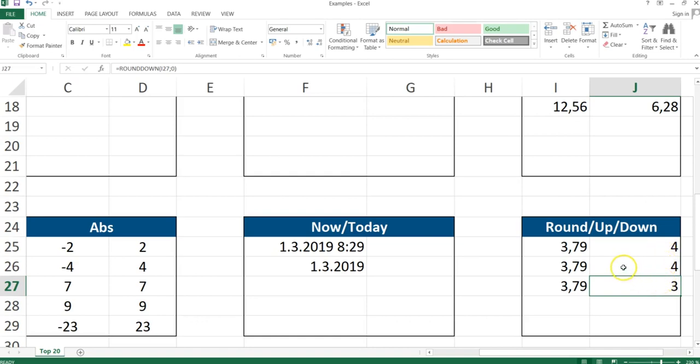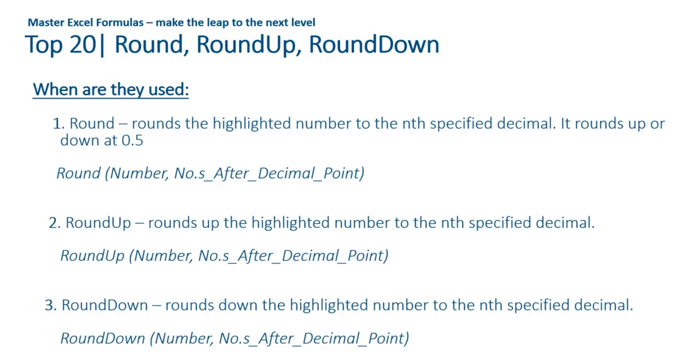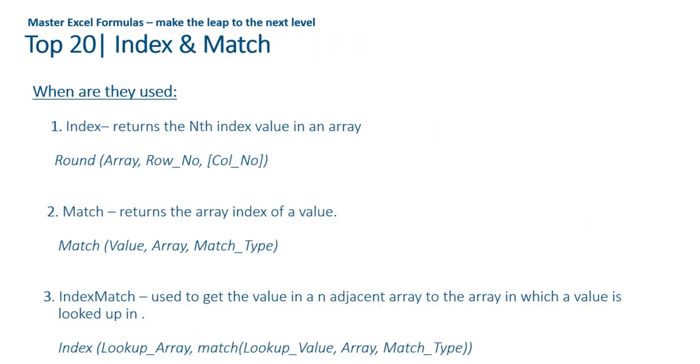Right, if we had 3.49 for example, and then we use the round formula, this would give us 3 instead of 4, because as I said earlier, the round formula rounds up or down based on whether it's bigger or smaller, higher or lower than 0.5. Right. Okay, so if I go back to the presentation now again, the next two formulas we have,